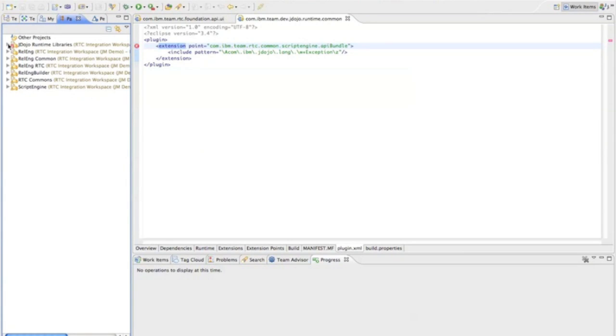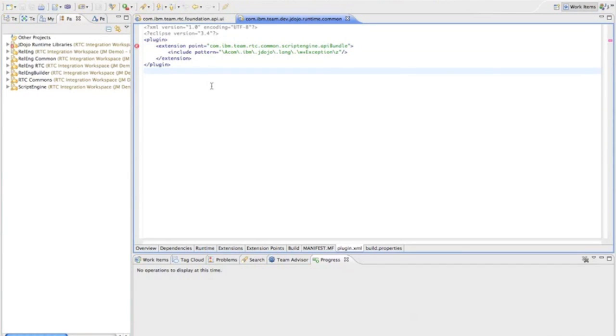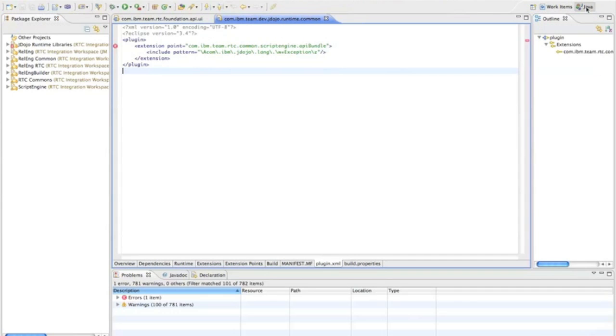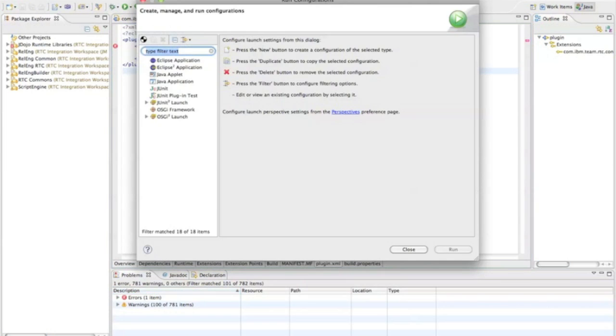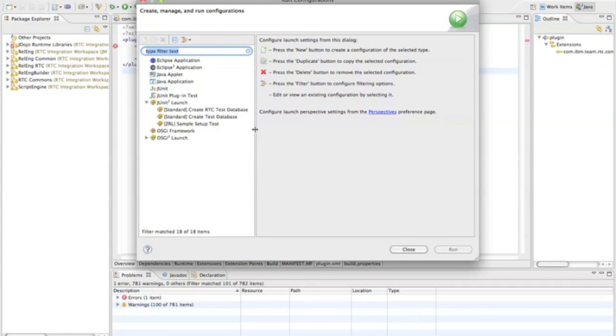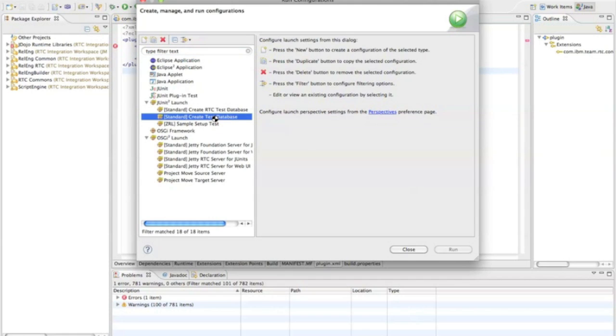So what do we want to do now? Well, the next thing is, you've got a workspace with some source code. We're going to go and run something now. So let's go to the launch configurations page. And remember, the standard launch configurations are launch configurations that the teams maintain, and we update them to make sure they're always working. And we've got two sets. The first are to create the test database. We have a foundation one and an RTC one. And the same thing for